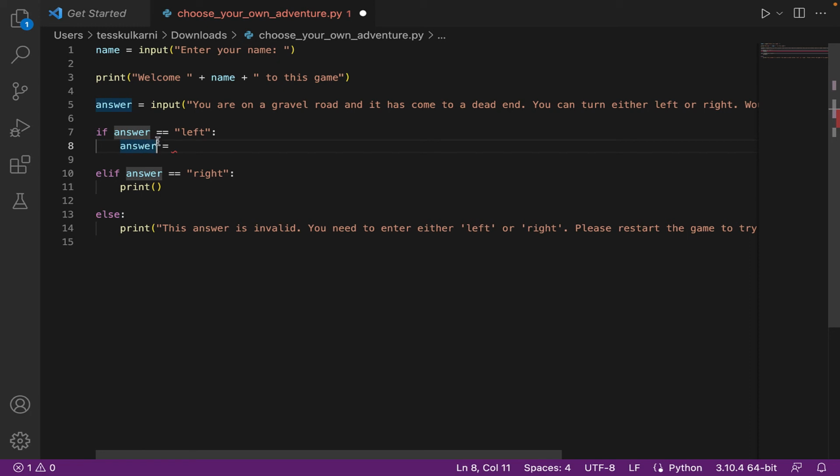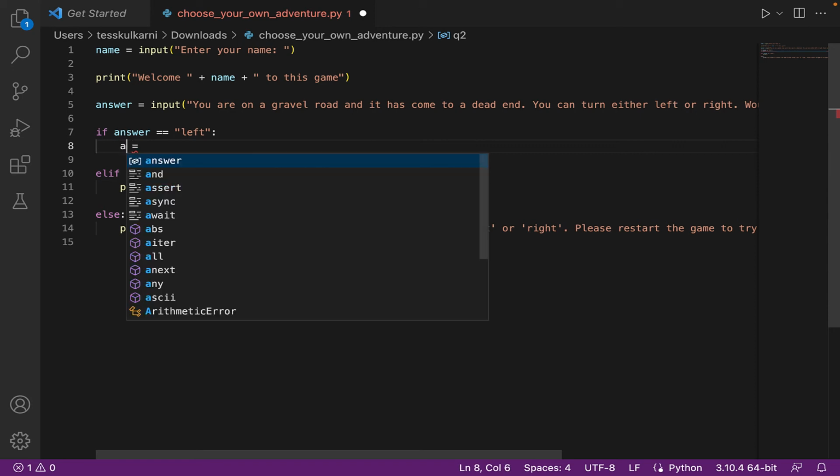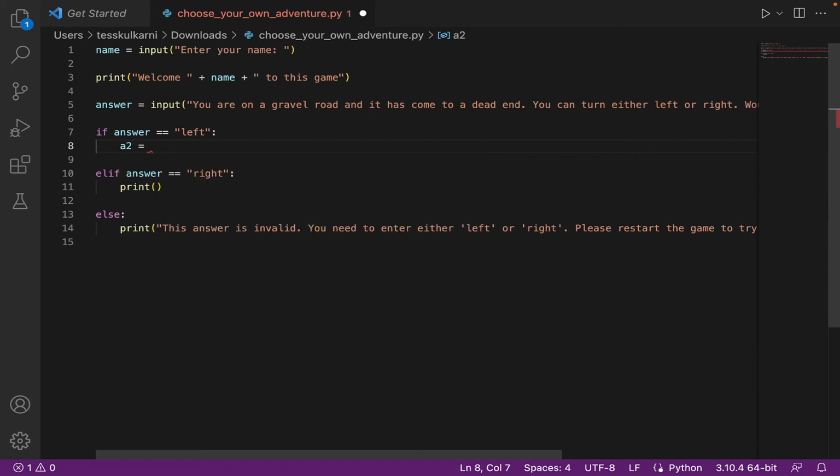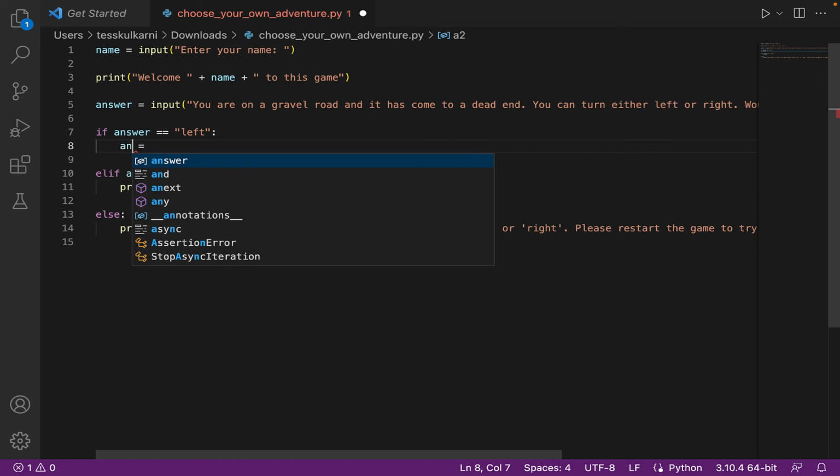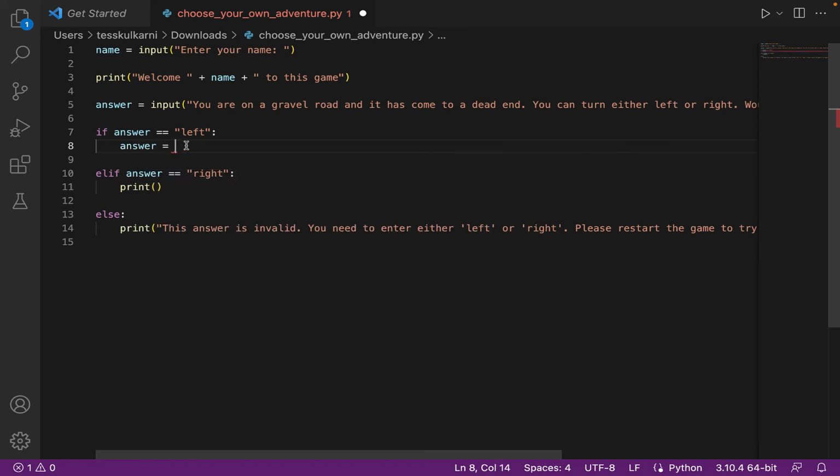I'm using the same answer variable over here, but you can even name the variable something like Q2, which stands for question 2, or A2, which stands for answer 2. So we'll write answer is equal to input,